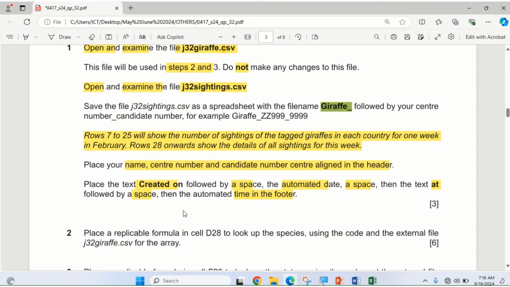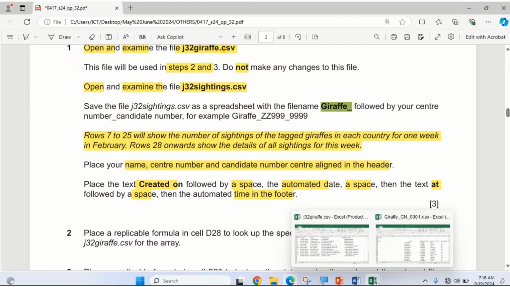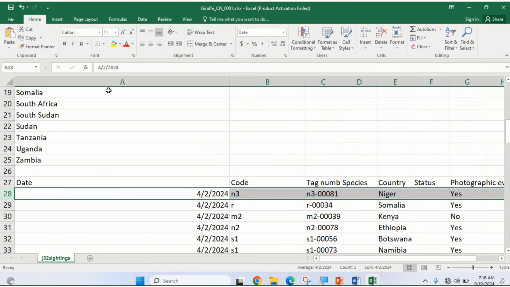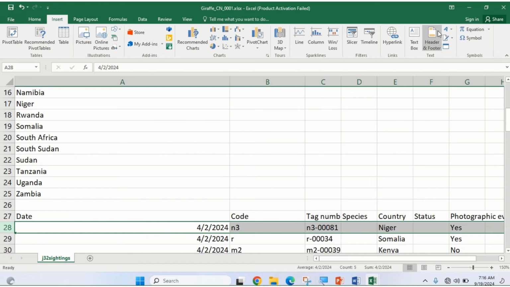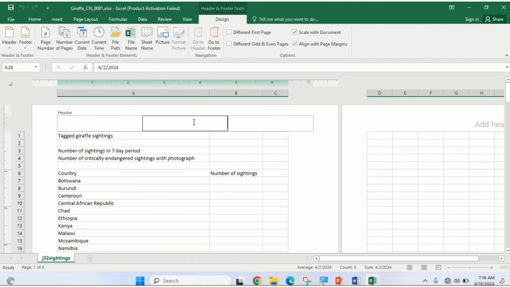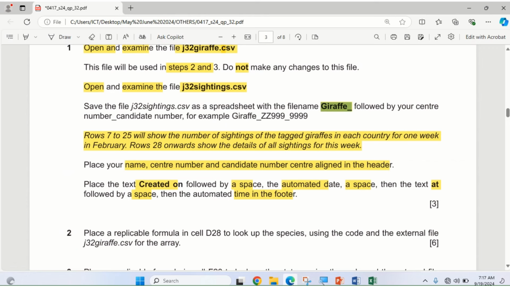Let's see. Place your name, center number and candidate number center aligned in the header. So you go to insert header, and in the header center align your name, center number and candidate number. Okay, good, let's confirm that. Okay, that is done. Then place the text created